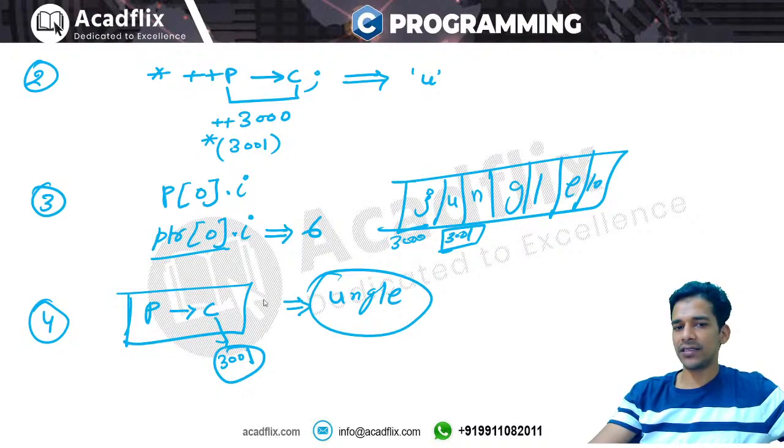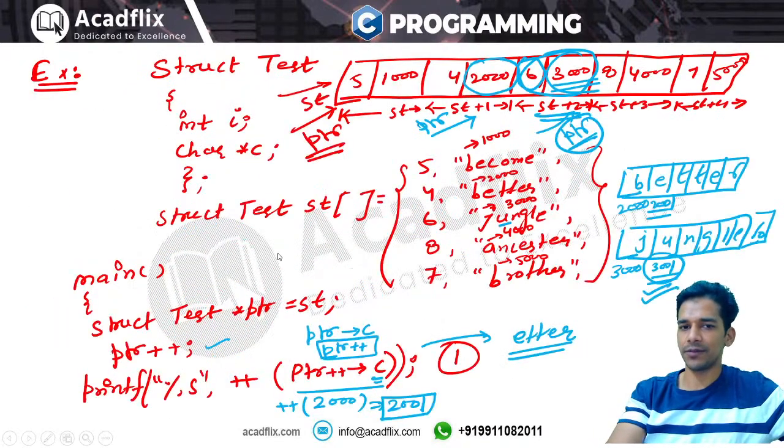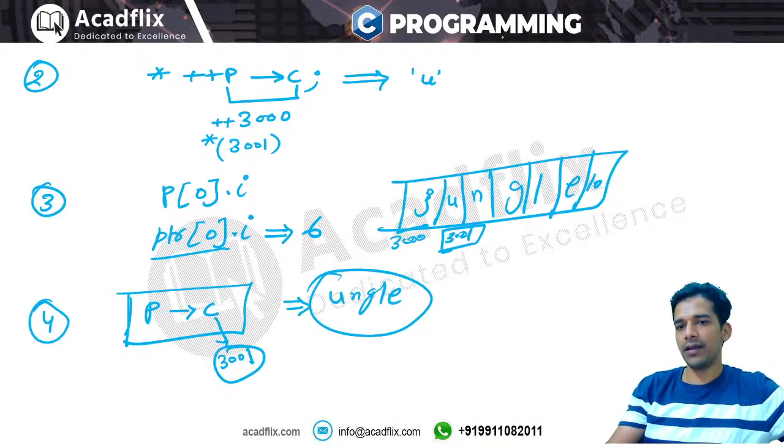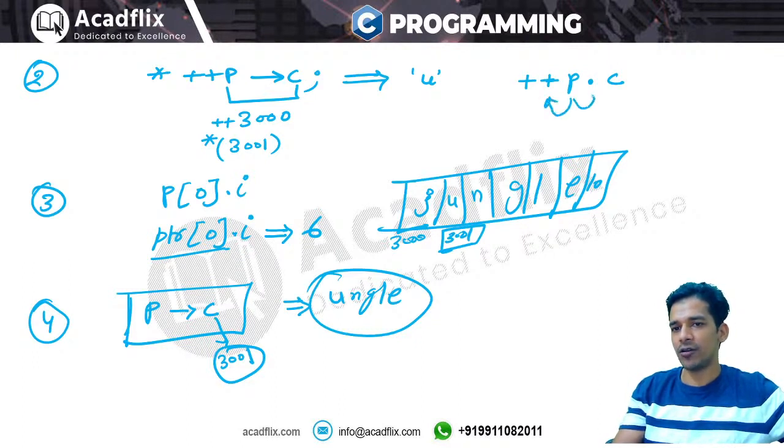इसको आप न्यूमेरिकली एड्रेस लिख के भी देख सकते हो. अगर आपको न्यूमेरिकली एड्रेस लिख के करना है तो आप ऐसे भी कर सकते हो या फिर ऐसे भी कर सकते हो. So if you have two operators, for example this plus plus, that is a unary operator, and you have a member selection, let us say p dot c. So you can see that p is associated with two operators, that is plus plus and then the dot operator.